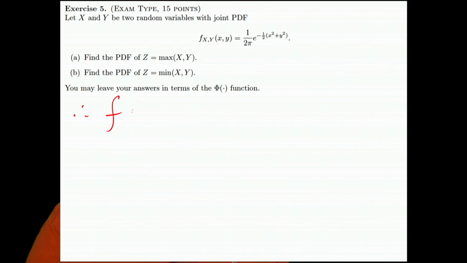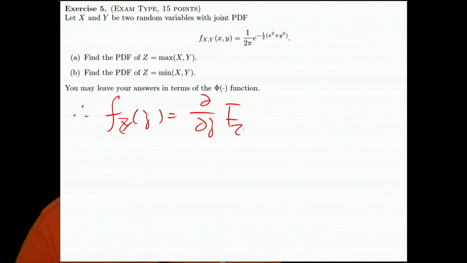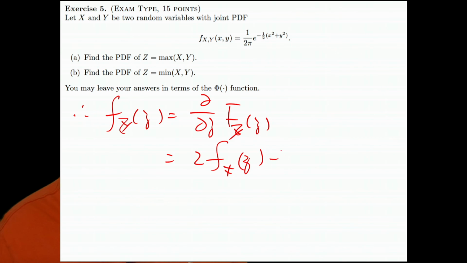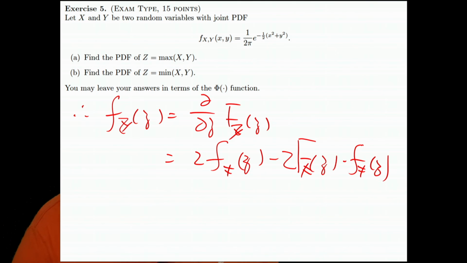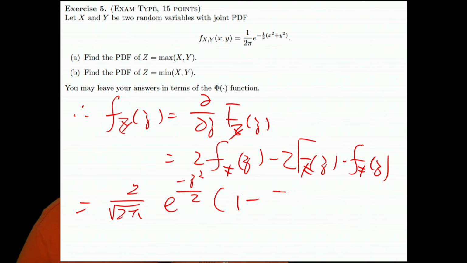So I can find the PDF now. The PDF of Z, I should take the derivative of the CDF of Z, which means 2 times the PDF of X at z minus 2 times the CDF of X times the PDF of X. And then I give you the answer here in this form: 1 minus the Gaussian function of